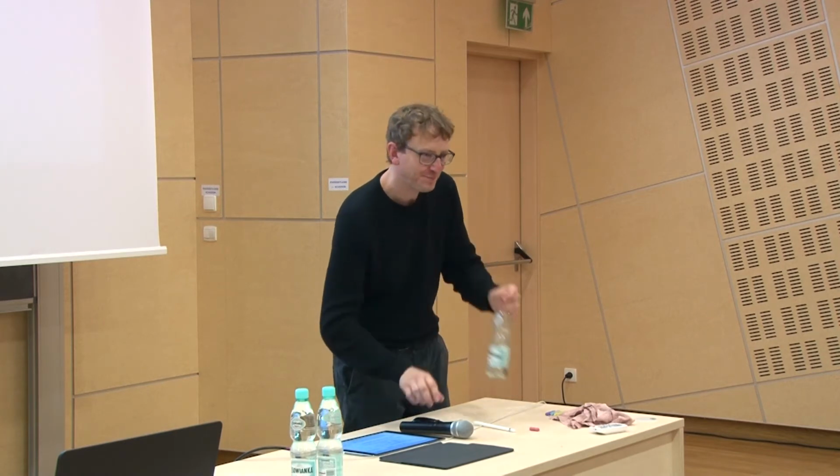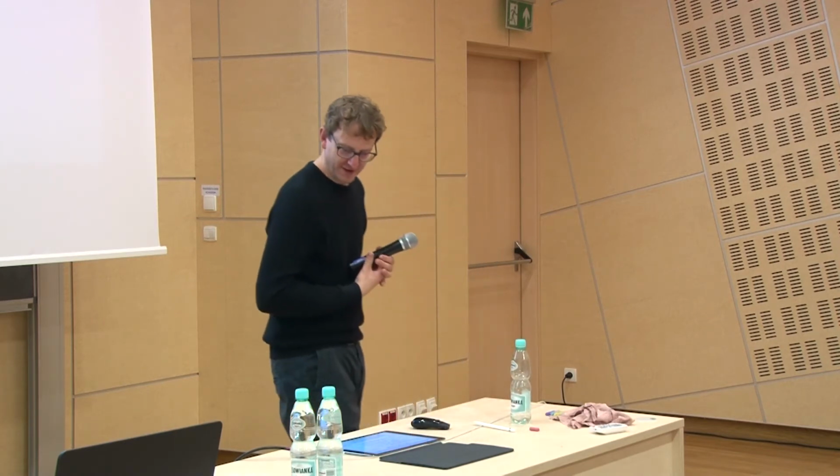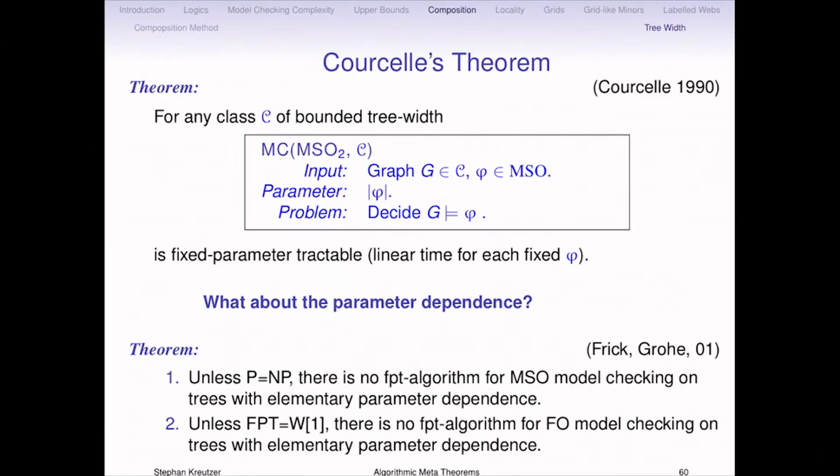Give it a try. You can download this program. It has a strange name I can never remember. It's called Sequoia. Yeah, so if you Google for it, there are not too many programs by this name. It's by Rossmanith, and the main developer was the student Alexander Langer. And this is from Aachen.